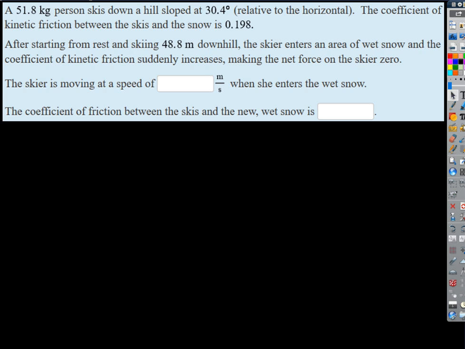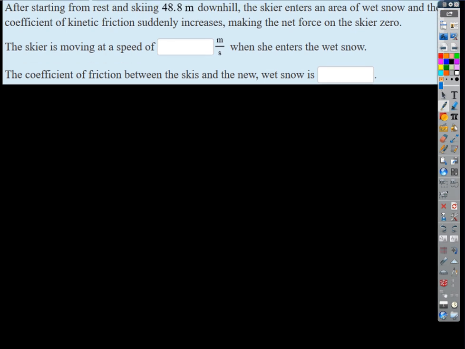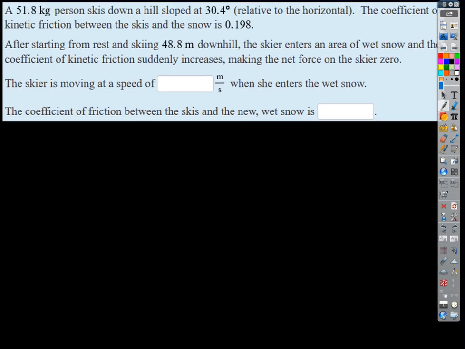All right, so we got a person traveling down the hill. We essentially did a problem very much like this before, right? The difference was you weren't dealing with coefficients of friction, and the kinematics part was a little trickier than the last one we did. So our picture is pretty straightforward. Maybe we can skip the picture and just go right to the free body diagram. So if this is the body,